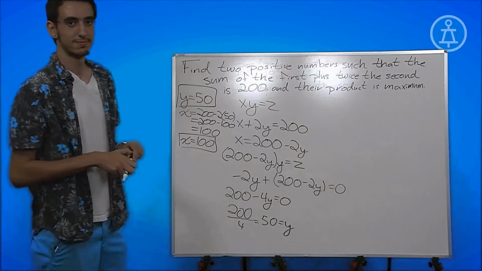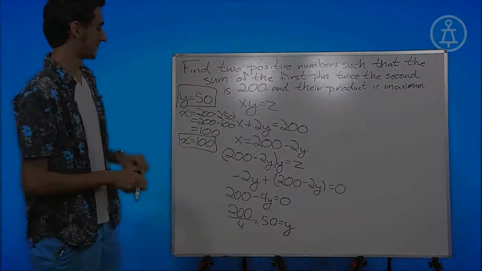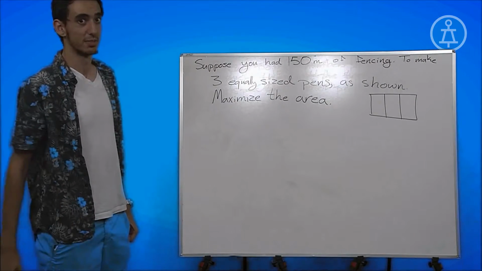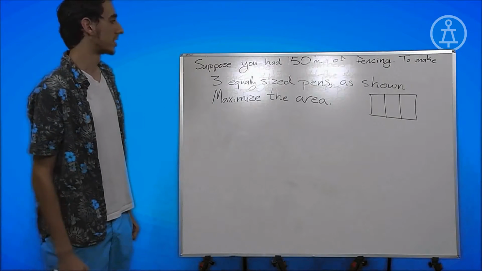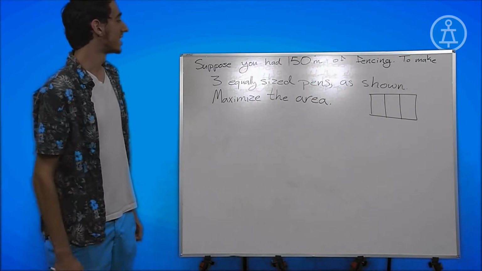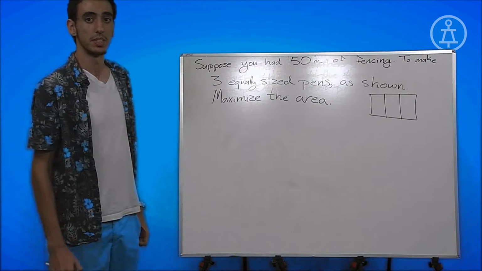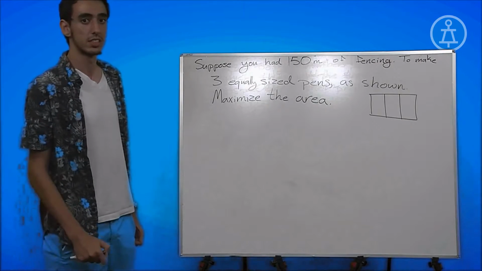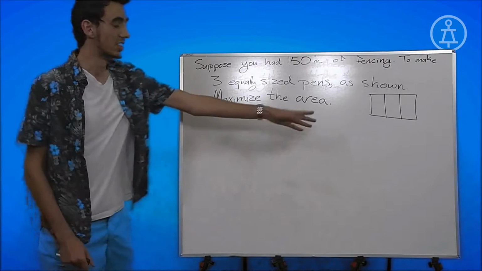Okay, that's the next problem. Okay, time for a different type of problem. So now we're going to deal with some real-life applications instead of just random numbers. So suppose you had 150 meters of fencing to make 3 equally sized pens as shown here, and we're going